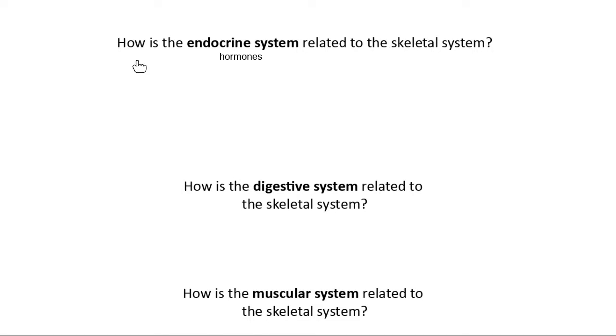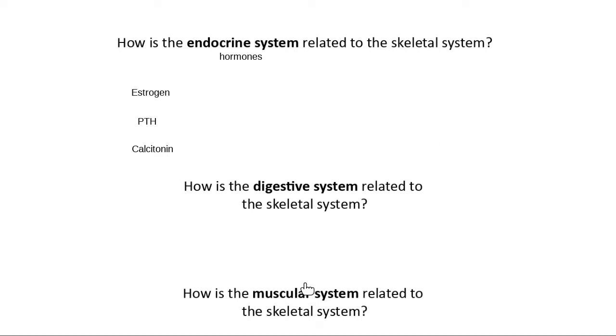So when I ask you to explain how the endocrine system impacts the skeletal system, here's that list that we just talked about. Estrogen, parathyroid hormone, calcitonin. So in your notes, as you're filling in this last activity where you're relating the endocrine system to the skeletal system, here's the 3 things we want to make sure we can explain how they impact the skeletal system. So what cells they impact, what they do to bone density, all that good stuff.